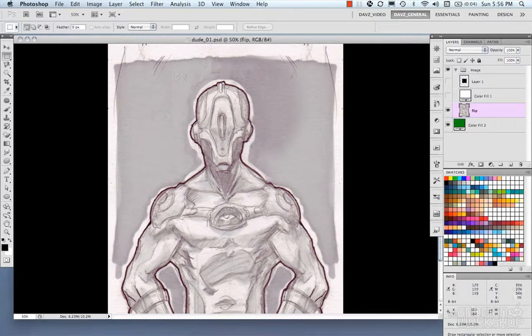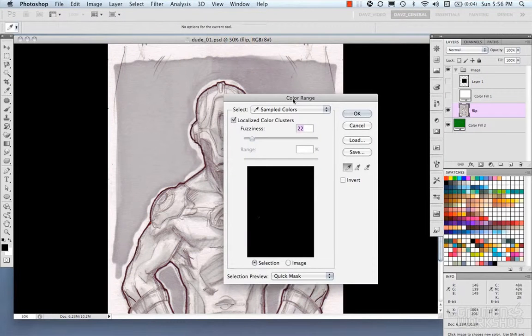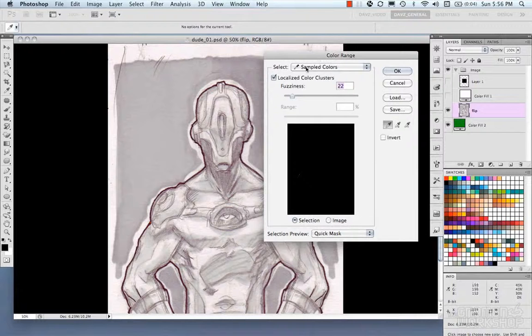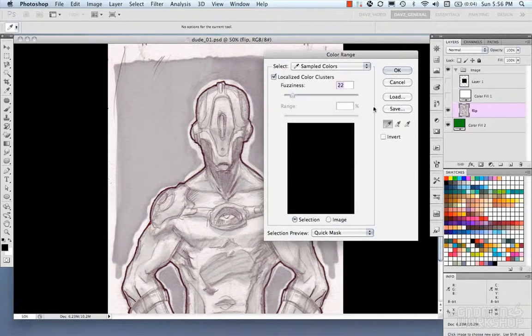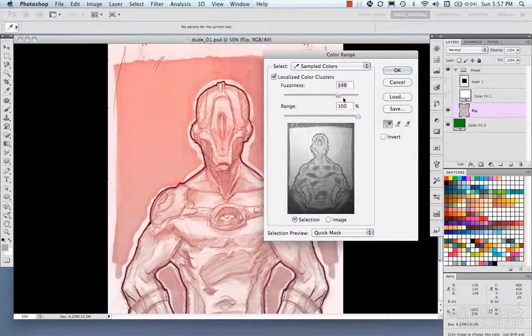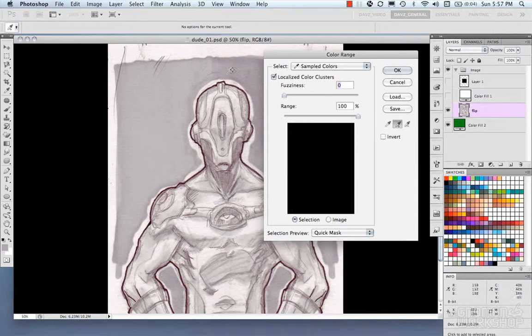Now our next selection type is color range. Now under select, you have color range. And so it sort of works like the magic wand tool. Some of what's under the hood and the engine of what it's using is kind of similar. And you can do sampled colors. And we could use our different ones here. We have our eyedropper, which will select one color range. And you can see there's our fuzziness, and then it's showing our selection there. Or a range of colors, where you click and drag,